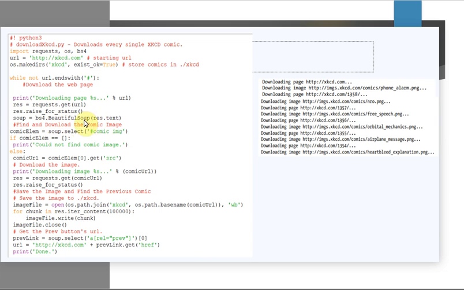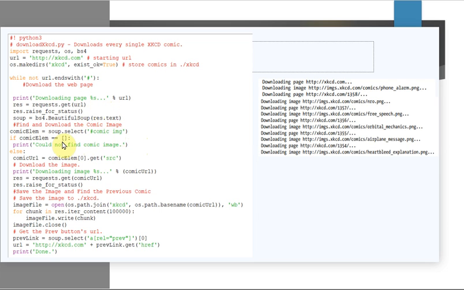Otherwise, you are going to create a BeautifulSoup object. We have already seen the BeautifulSoup module. It extracts particular information from the content you have downloaded using requests.get. Here res is the response object, so you are going to extract the text part of the response object, and that will be stored in your BeautifulSoup object whose name is soup. So this is your second step, downloading the web page.